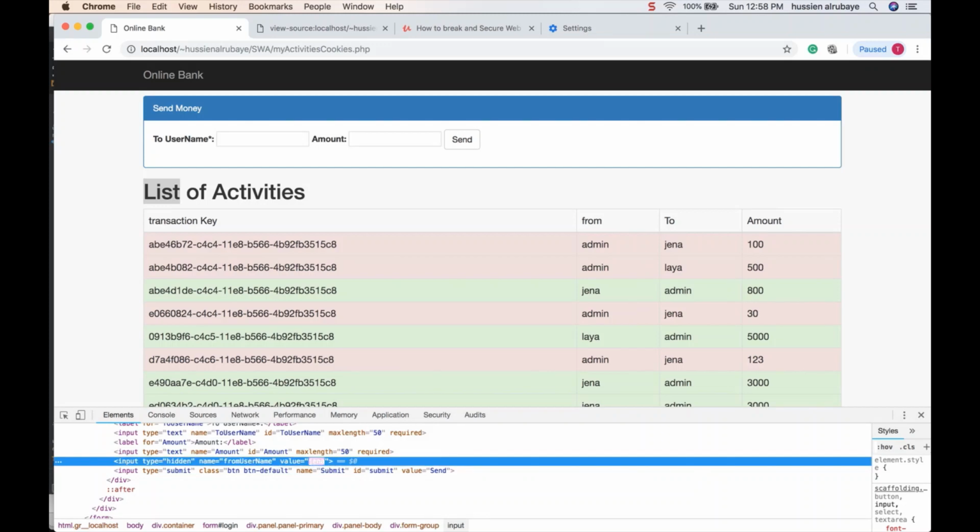Now I could get the identity of Jenna and submit the form as Jenna. So the idea behind input hidden fields is that we use them to hide some information we don't want users to see. But you have to know that these hidden fields are still accessible by the user, and he could go and update the values